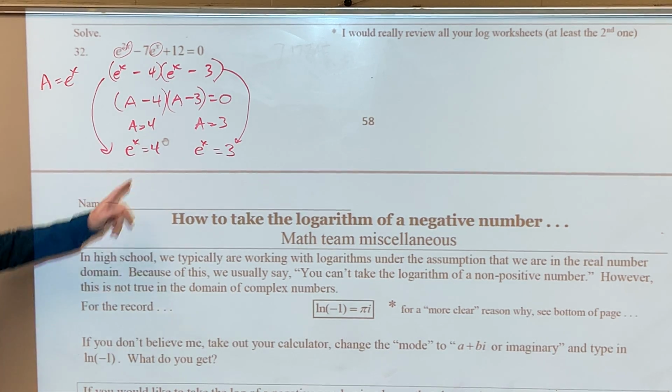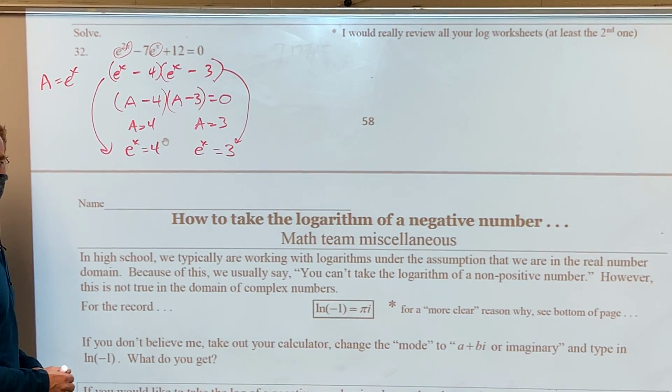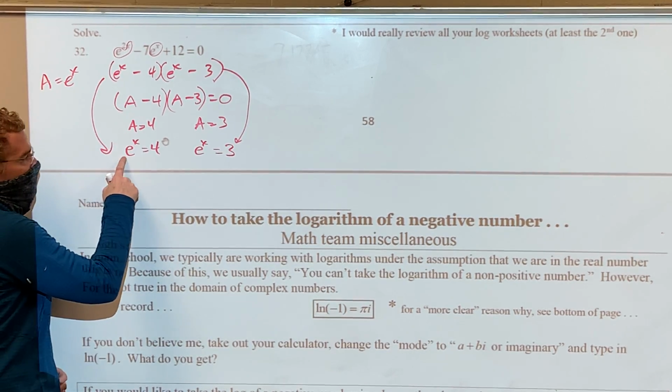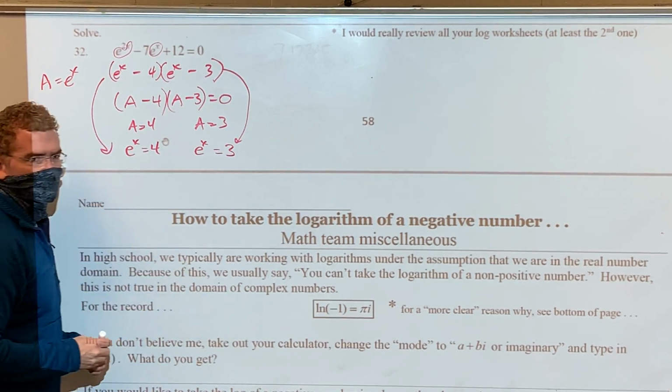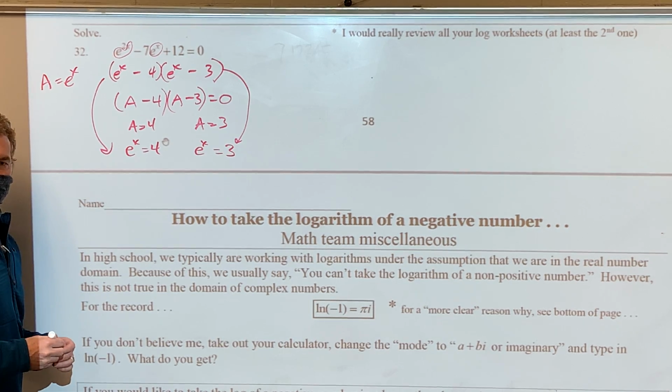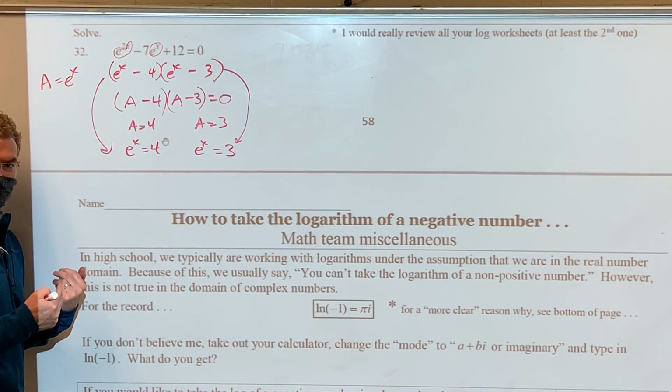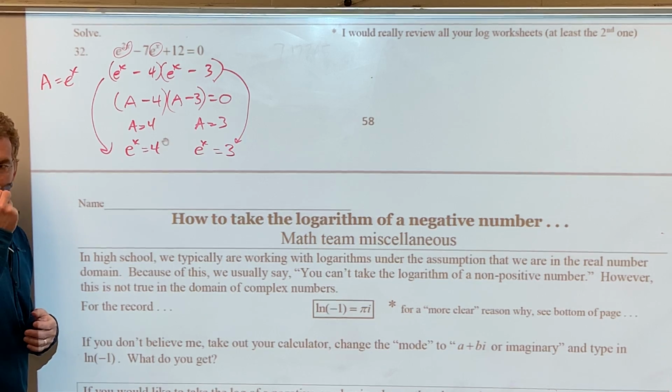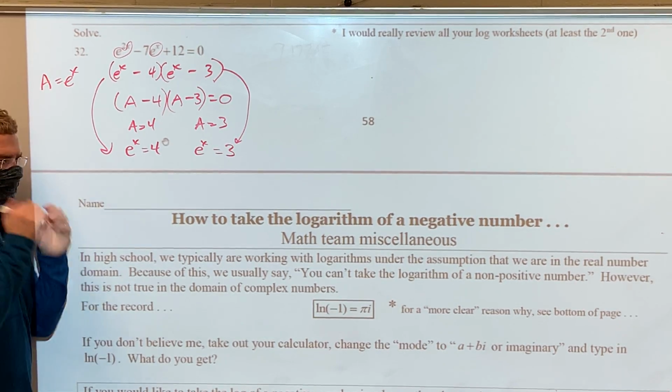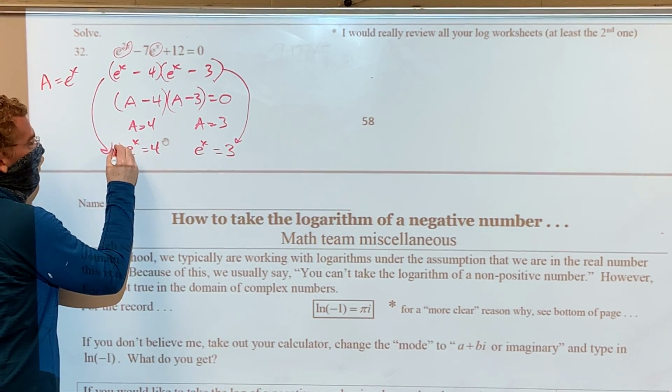And then how do you solve? I plugged that e to the x back in, but how do I solve it at this point? Do that like ln. Yeah, I got an ln both sides. Because how do you get rid of a base of e? You log with the base of e. And what's a log with the base of e? ln. So even though I'm writing ln,